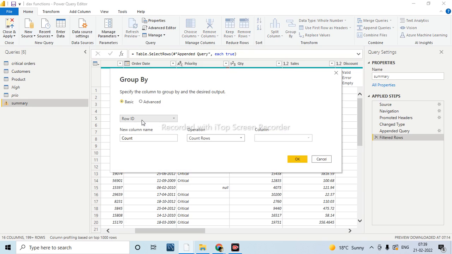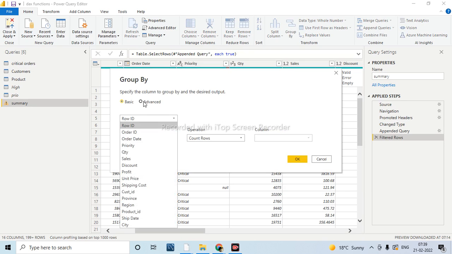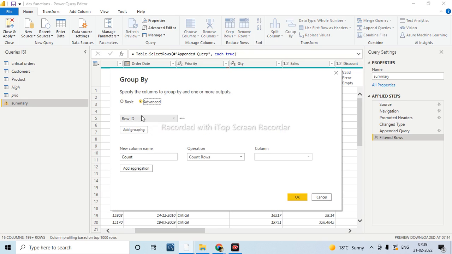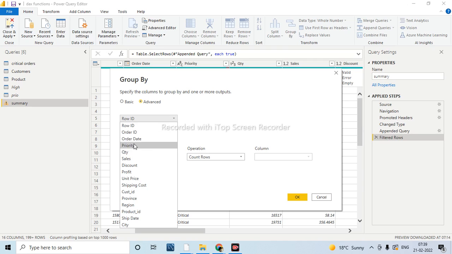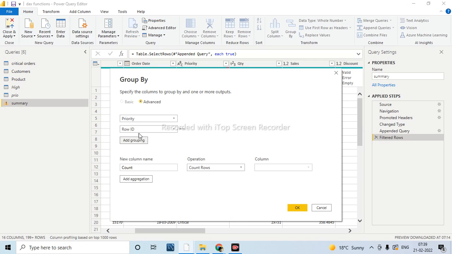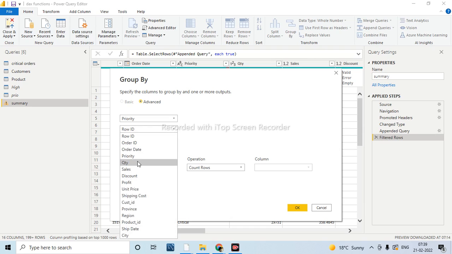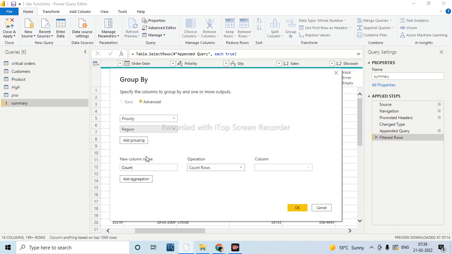I want two group bys: first based on priority, and one more based on region, and here I am taking the sum of quantity. There we provided the column name in quotations. That is what I am doing here.